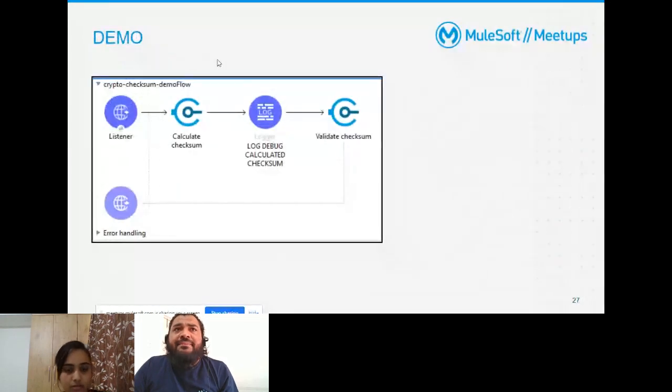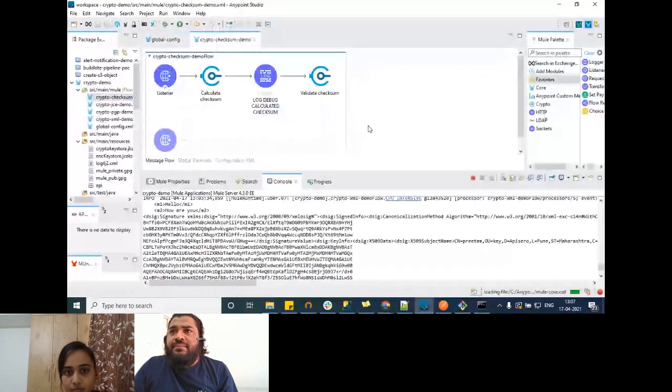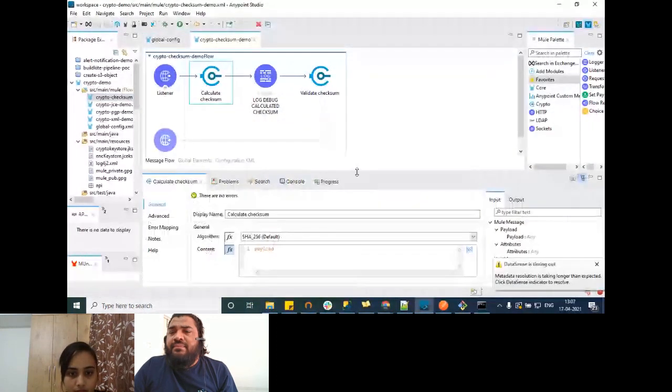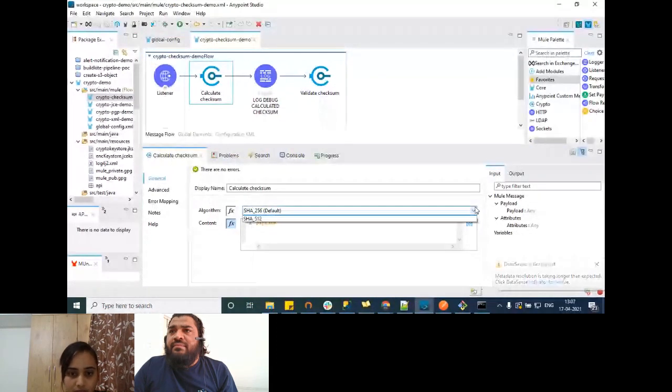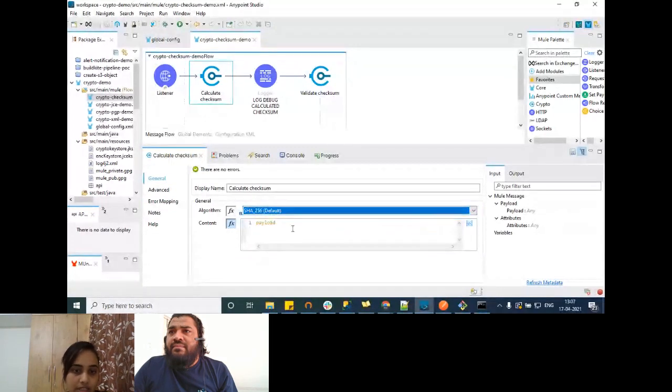I've just created a simple demo to showcase the same. In the configuration, we just have to pass the algorithm. These are all the algorithms which are supported to calculate the checksum, and the content payload for which the checksum will be calculated.